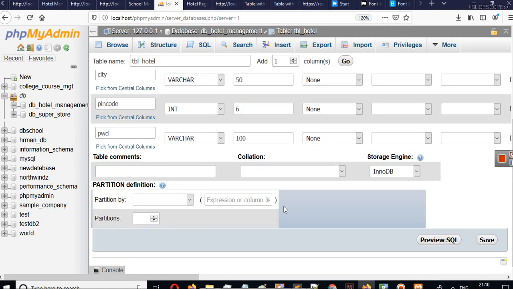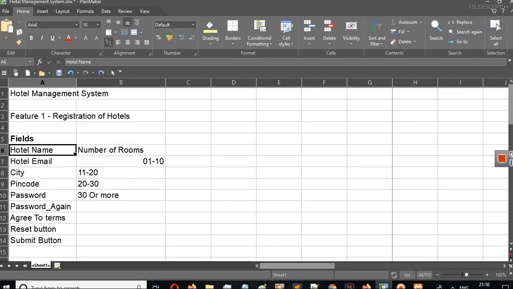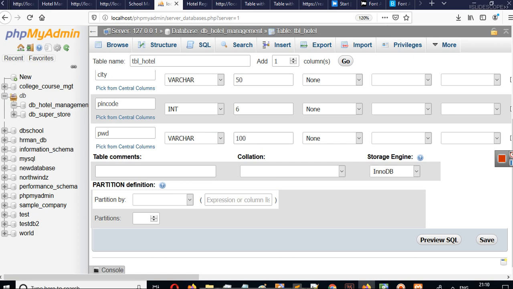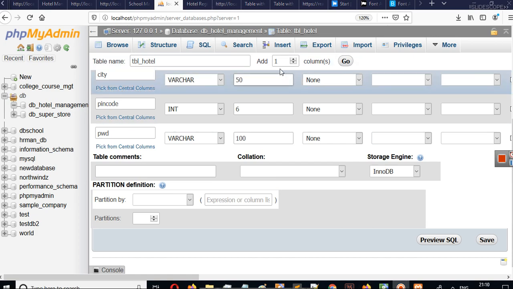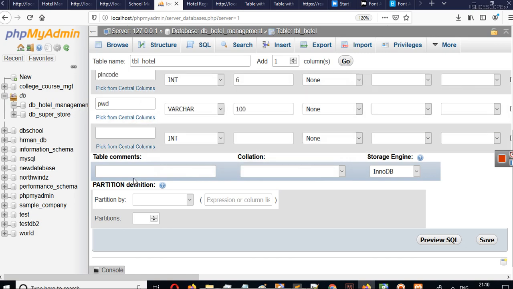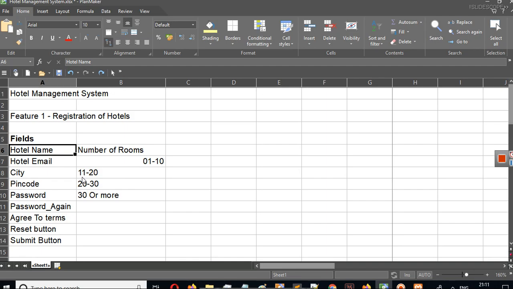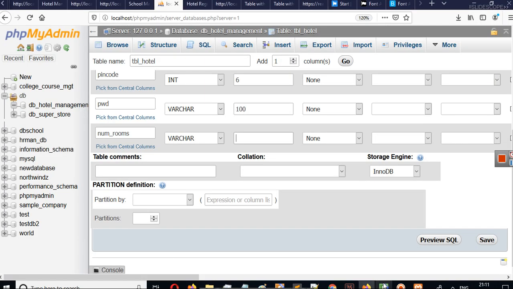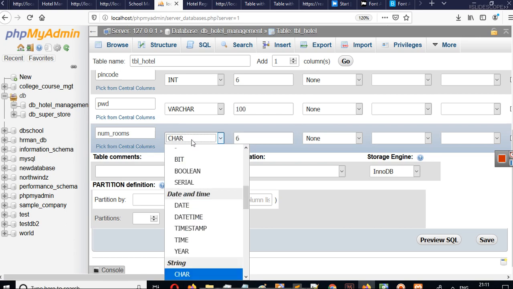And now there is one more column which is left here, and that is called number of rooms. So we can add one column from here. I will call this column num underscore rooms, number of rooms. It will be a varchar data because we have hyphens here. And it will have maximum of 6 characters. So it's a varchar of 6,